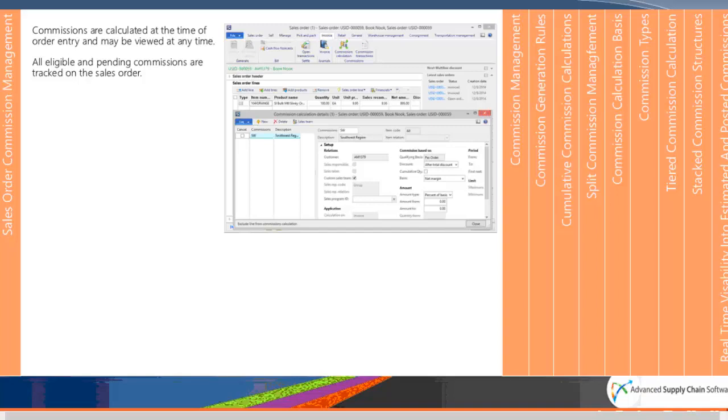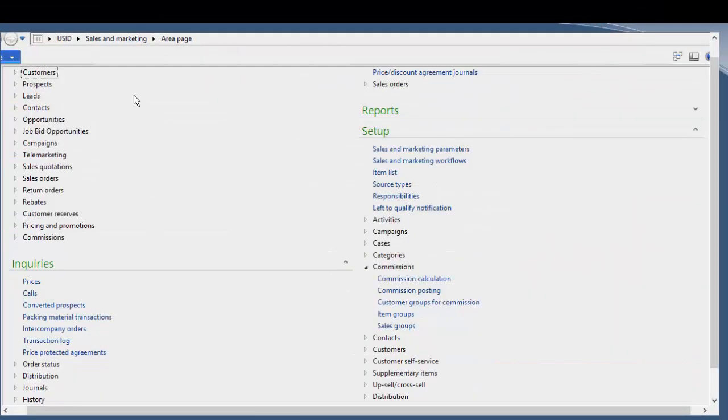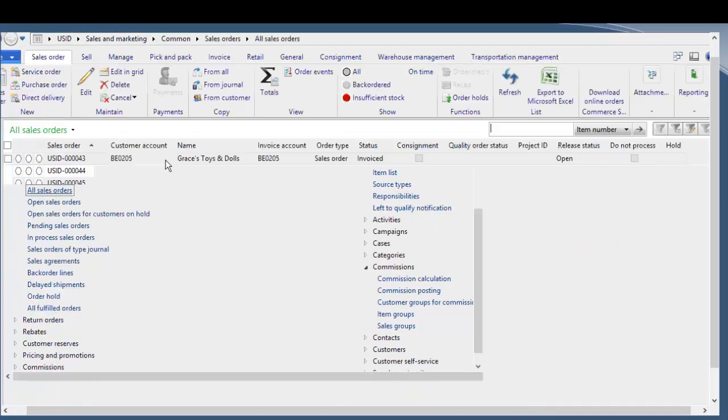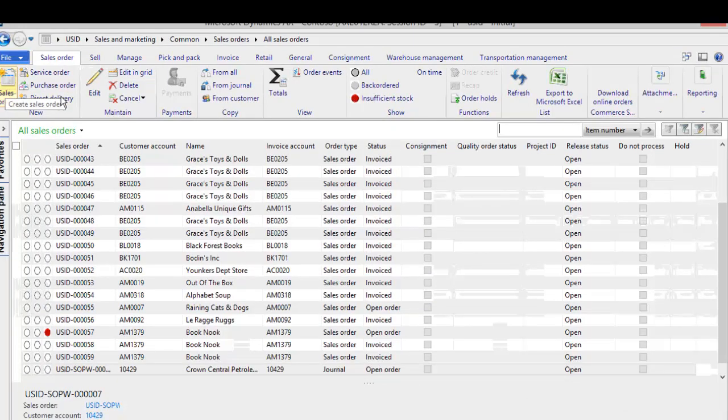In a second, we'll talk about how we structure these and some of the creative things that you can do. But let's just move over to Dynamics AX and move over into our sales and marketing. So to show all of this in action, really all we need to do is go into our sales orders. And if I look at a sales order that I've got here in the system,